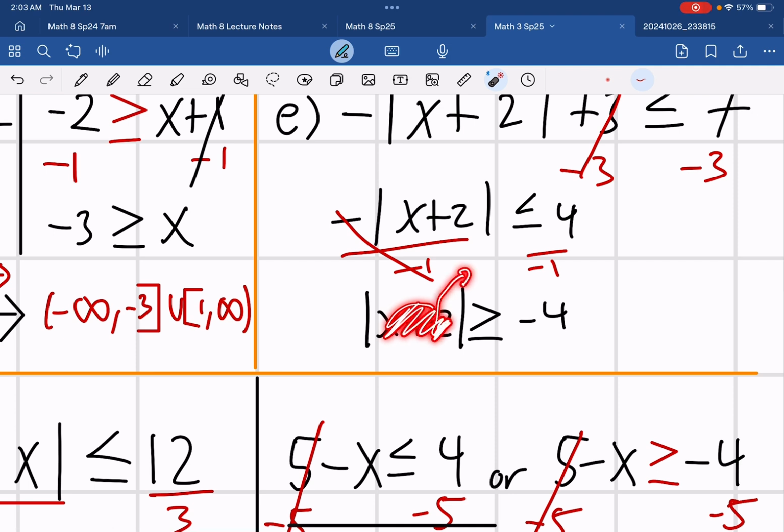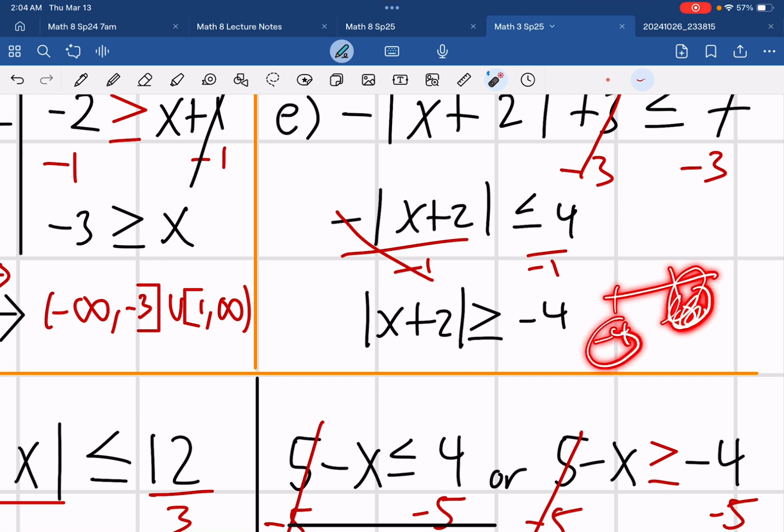But the outcome is either going to be positive or 0. Which if you think, well, any positive number, anything after 0, is positive, and that's going to be bigger than -4. And on top of that, 0 is further to the right of -4, so 0 is already bigger than -4. So because all the outcomes are either positive or 0, that tells me my solution is going to be